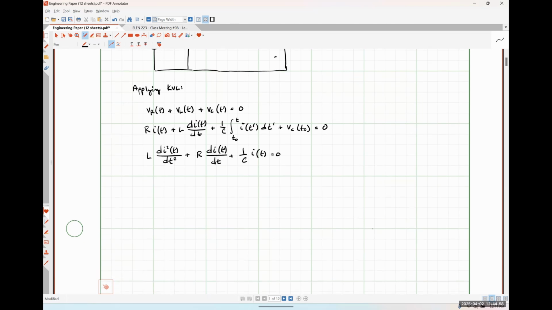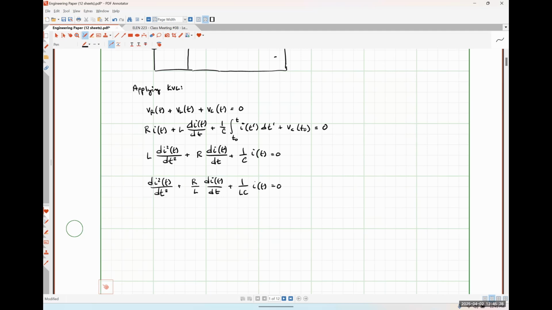Dividing both sides through by L so that the coefficient on the second derivative term is 1 leaves me with the second derivative of the current plus R over L times the first derivative of the current plus 1 over LC times the current